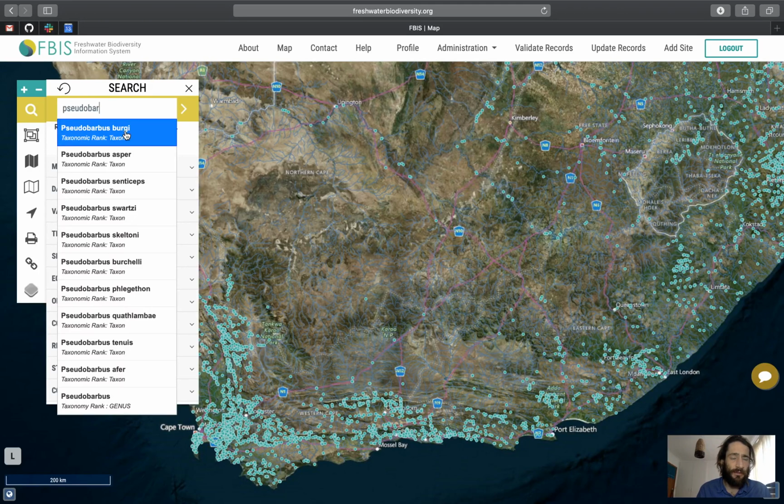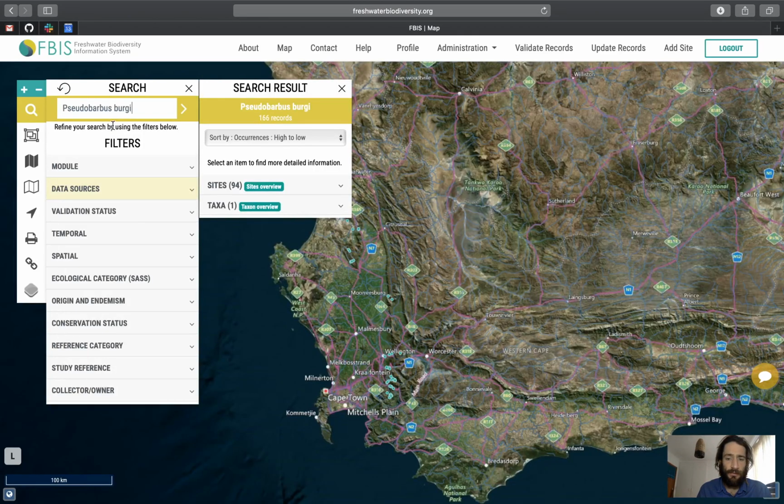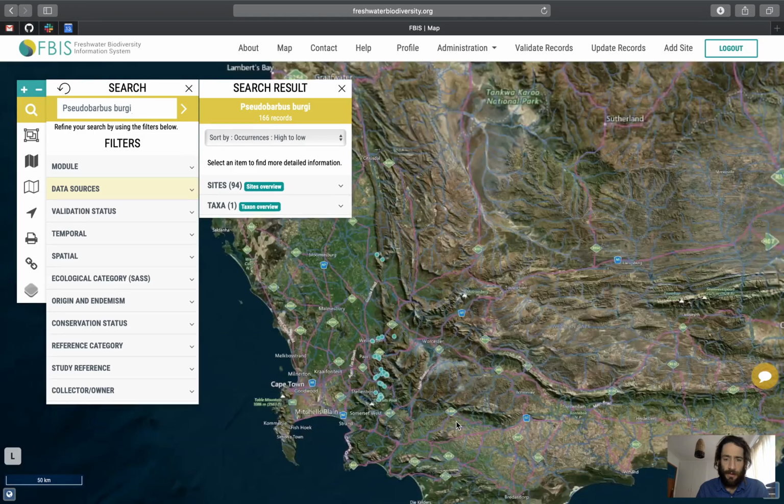And you can actually search for different taxonomic ranks. In this case, it's taxon, but you might wish to do a broader search at the genus level, which would feed back data for all taxa within the genus Pseudobarbus. But if I click on the Berg River redfin, Pseudobarbus bergi, then it'll just filter for the data for that taxon, and you can see, not surprisingly,